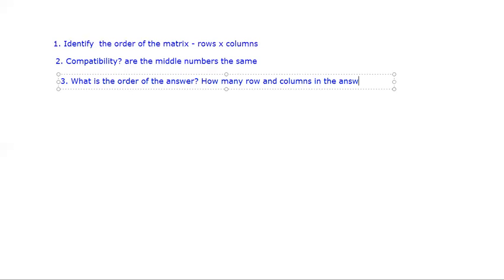And I know you know how to do that because we went over that a couple of times, right? And this, I think, is one of the most important things, understanding how many rows and columns is in the answer, because that's what I think confuses students. With all of that going on, they don't know what the answer should look like. How many rows, how many columns? So once you work out the order of your answer, what that allows you to do, right, is let's just say that